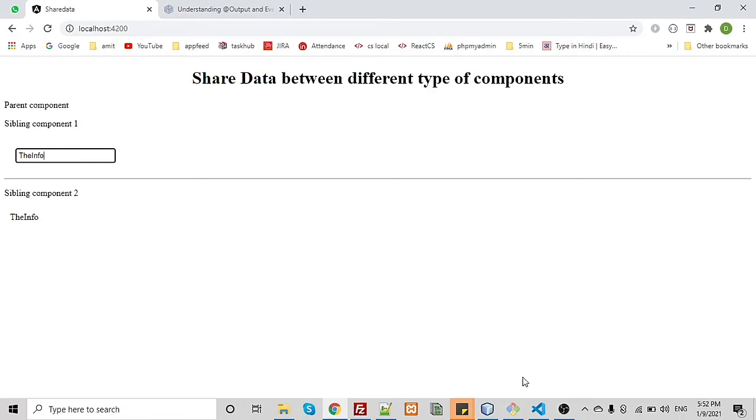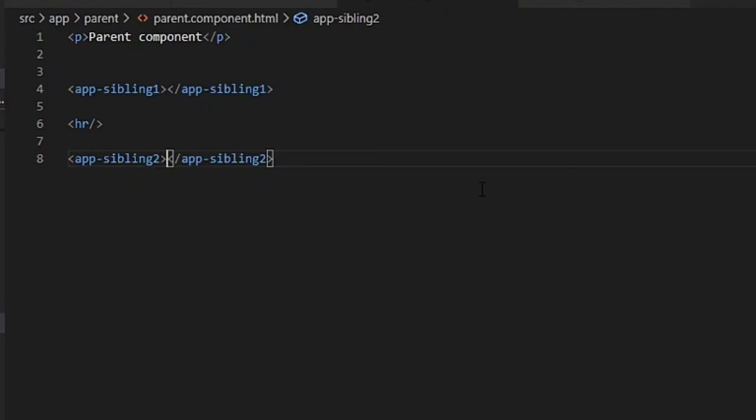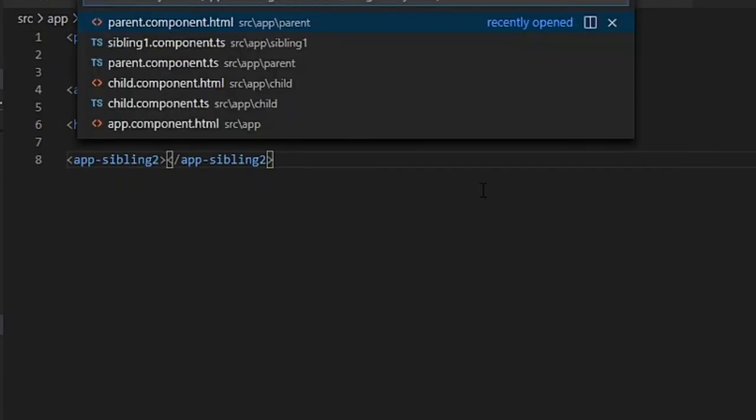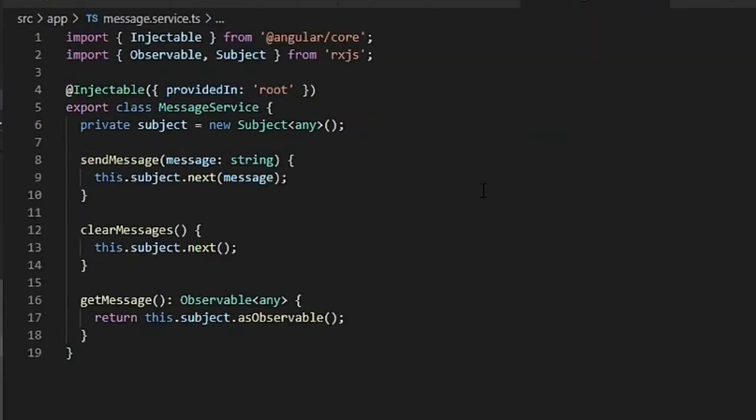To do this, I have used a subject, which is a type of observable. For this, I have also created a service file, message service.ts.